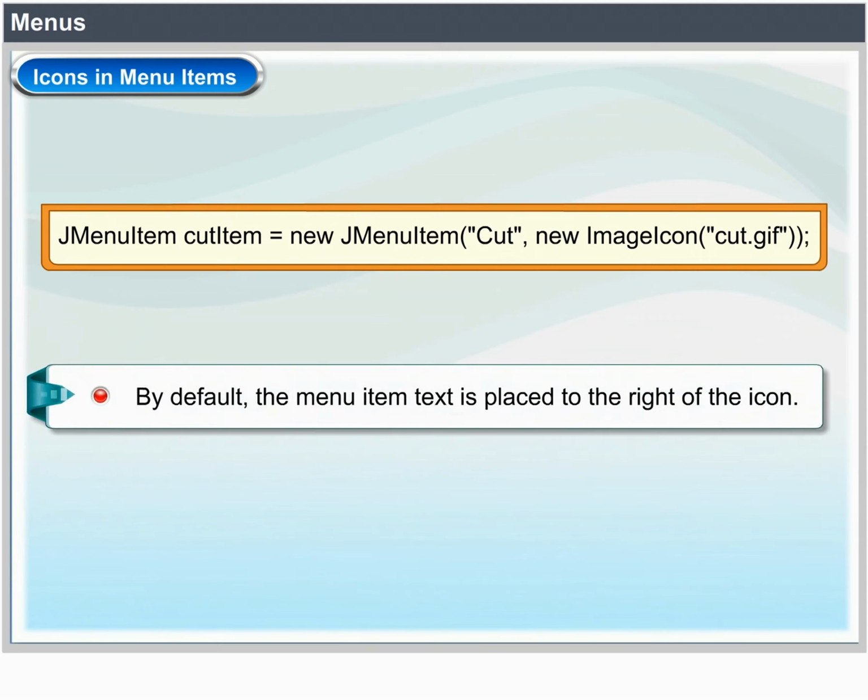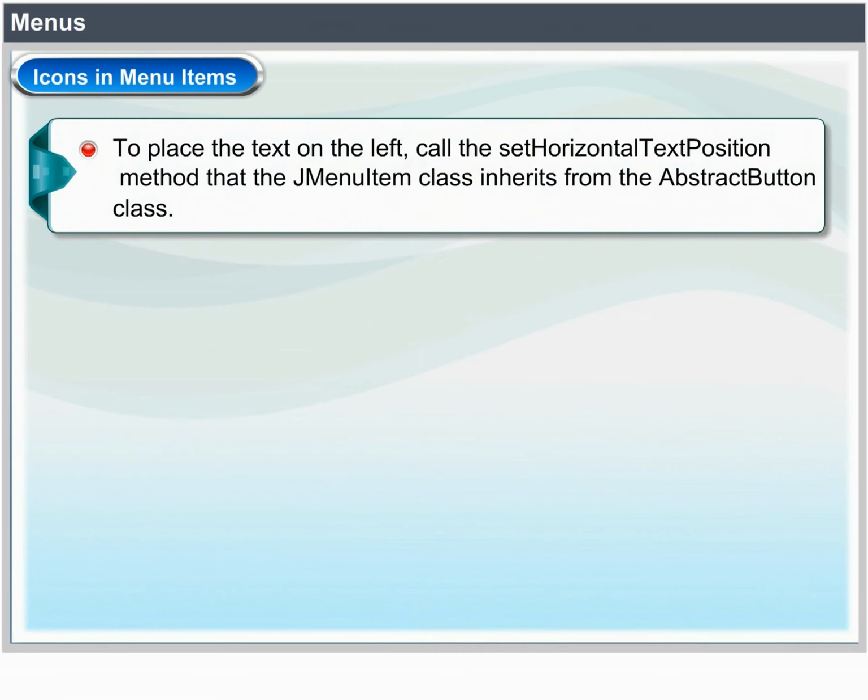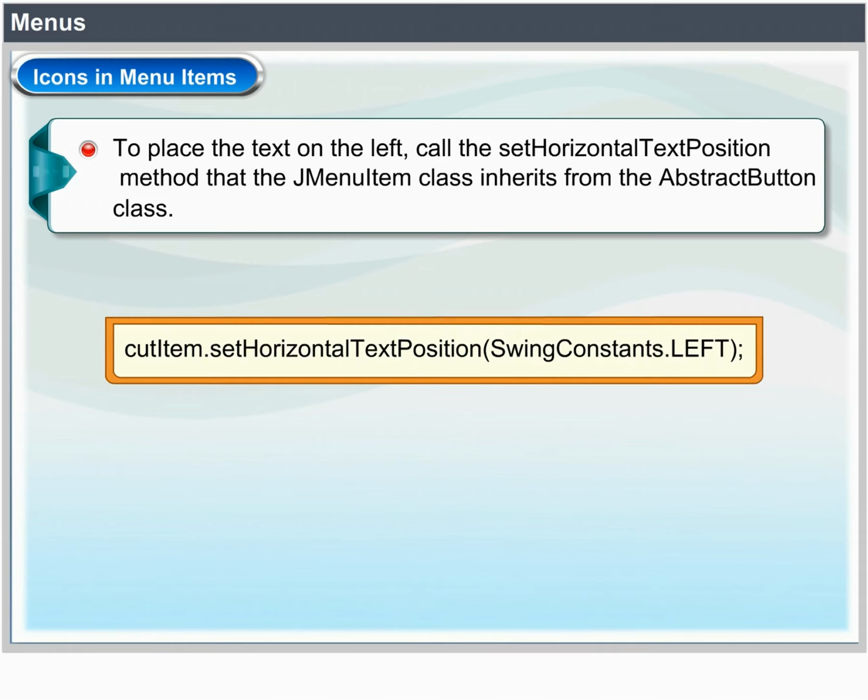By default, the menu item text is placed to the right of the icon. To place the text on the left, call the setHorizontalTextPosition method that the JMenuItem class inherits from the AbstractButton class. cutItem.setHorizontalTextPosition(SwingConstants.LEFT);